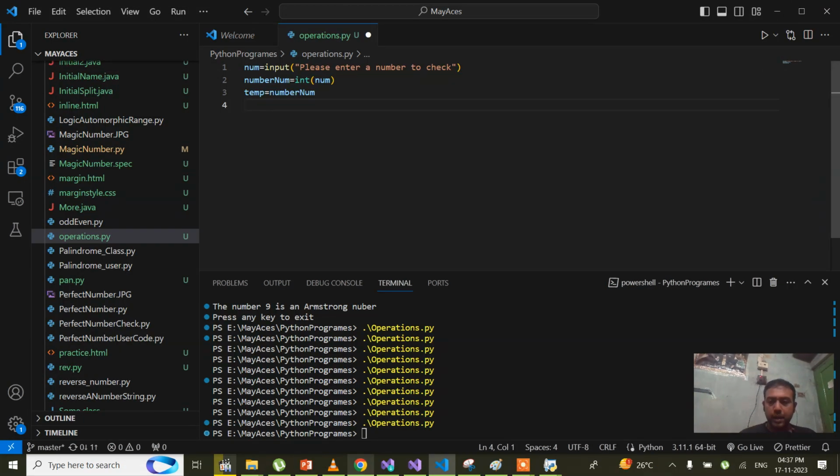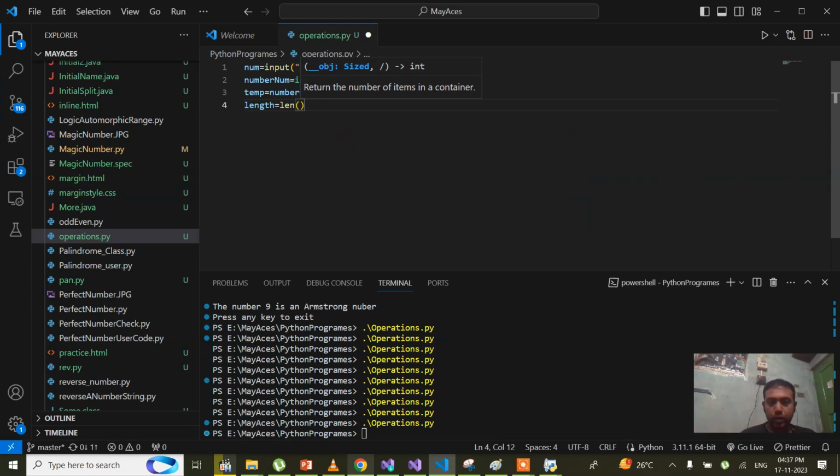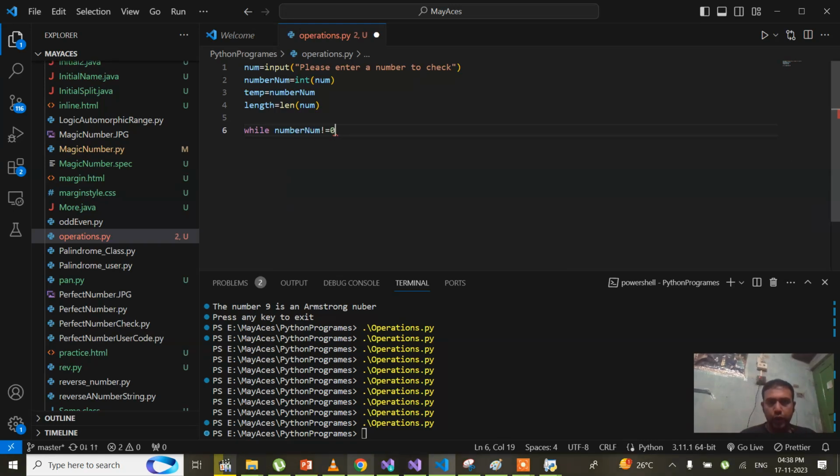So we need to count the length of that particular string. For that reason I will be writing length, and we have the len function which counts the length of that particular string, and we will be passing num. Now comes the logical portion: while the number num is not equal to 0, and here comes the